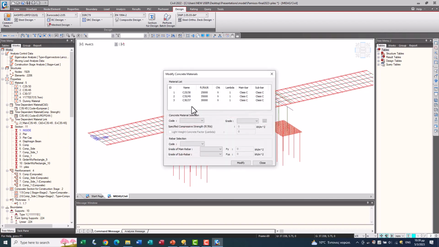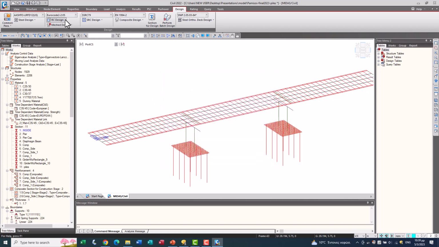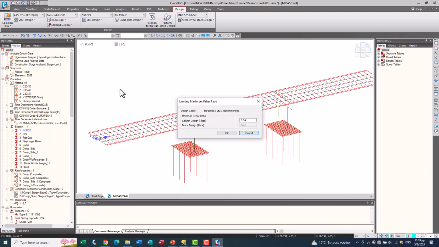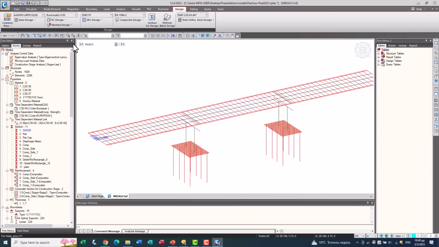Checking materials. The maximum rebar ratio recommended by the code.